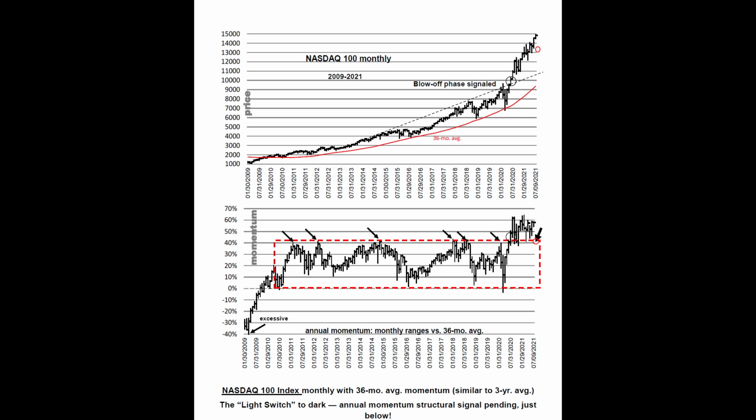That's not true. Go back and look at the 2000 top. Go back and look at the 1972, 73 top. Go back and look at the 2007 top. The Fed fought that decline 2007 to 2009 all the way down. Did they stop it? No. Okay. In other words, once a market makes a major turn, you can take the Fed and put them off